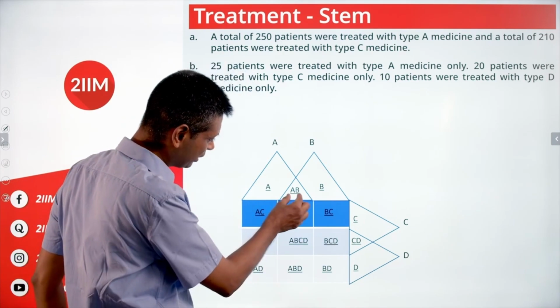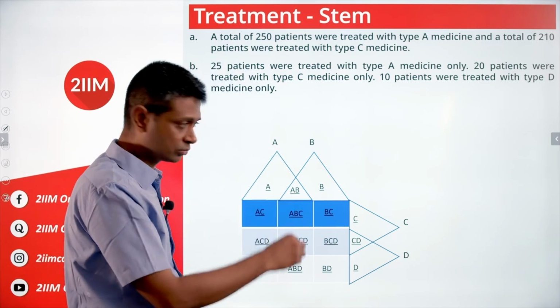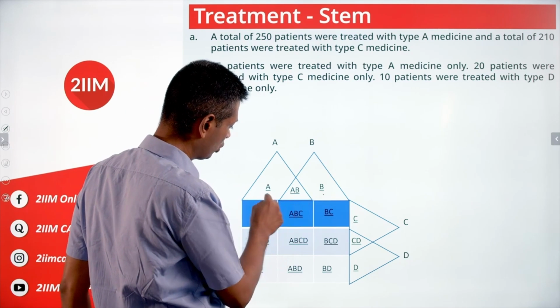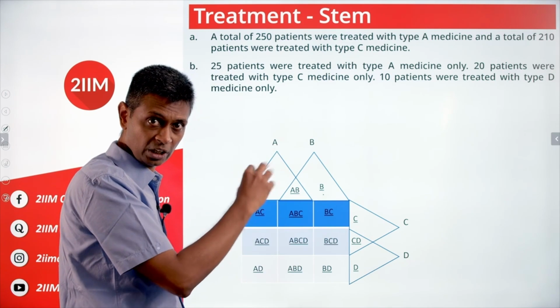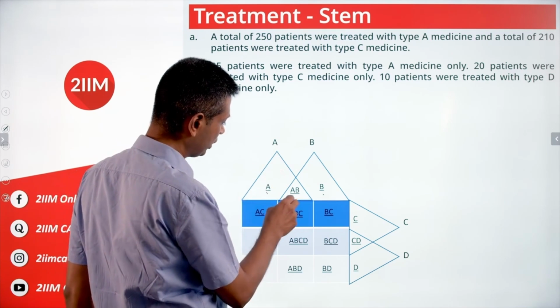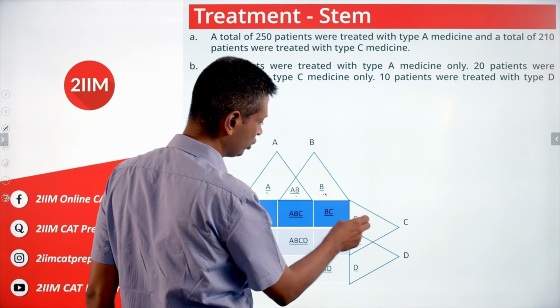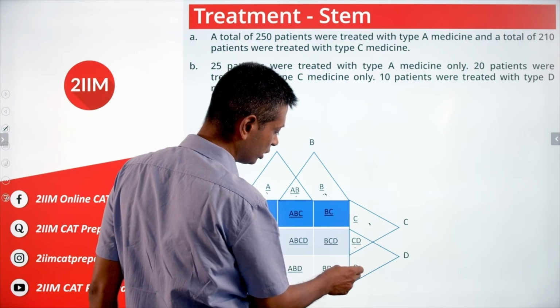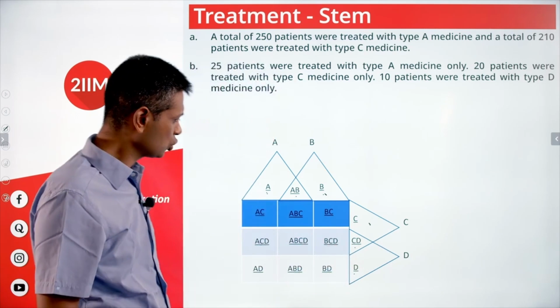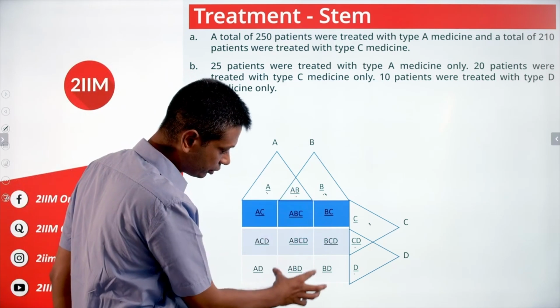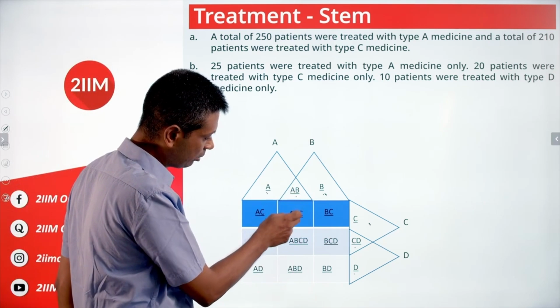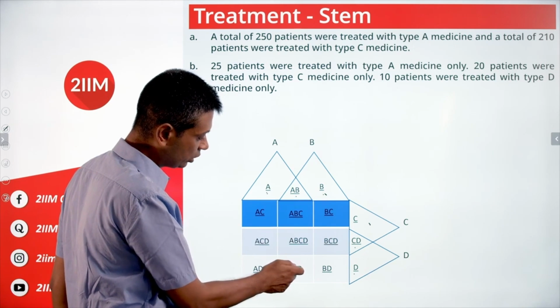And then this part is A intersection B only. This is B only, A only. Each of these regions that I've marked are those regions only. Keep that in mind. So this is A only, A and B only, B only, C only, C and D only, D only, and so on. So suppose you wanted to find A intersection B, that will include all of this. A and B only, A, B and C only, A, B and D only, A, B, C and D.